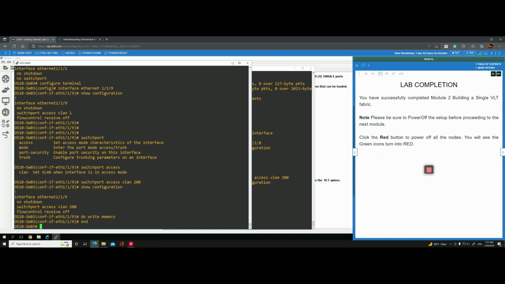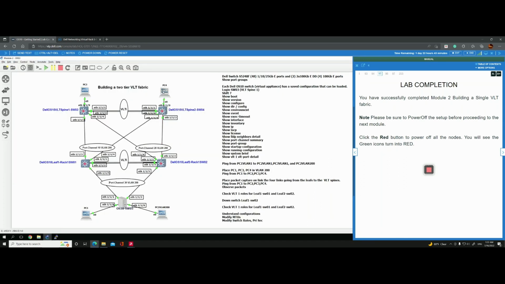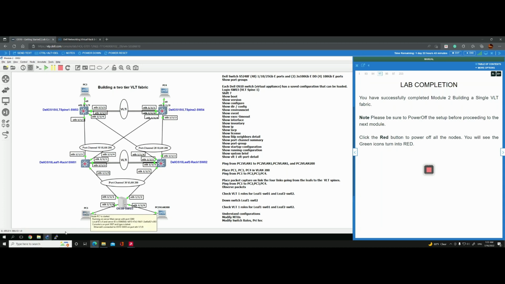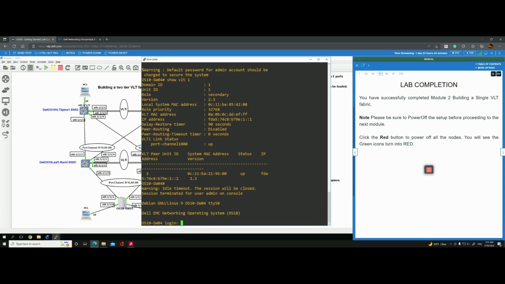Now let's go to the next switch and place PC4 in VLAN 200. So we're gonna go to switch 4, interface 9, and place it in VLAN 200. So let's go to switch number 4, which is this one right here, and let's go ahead and log in